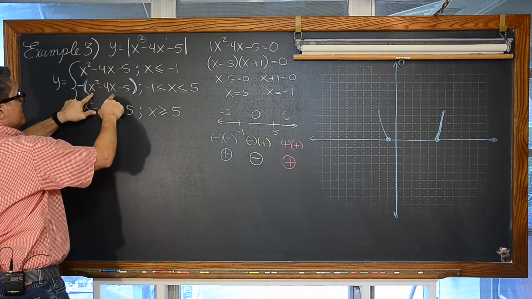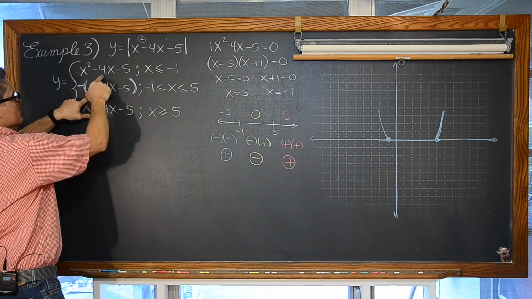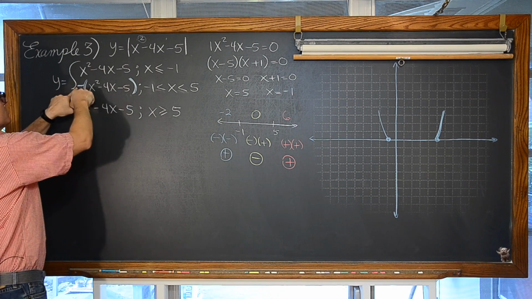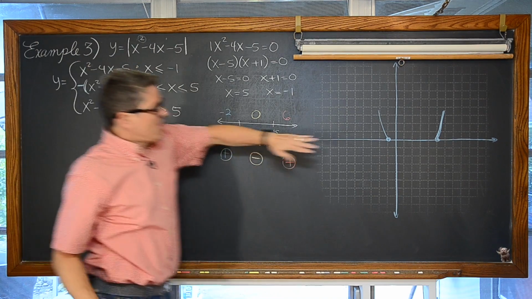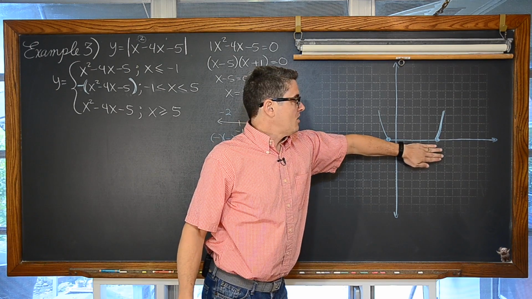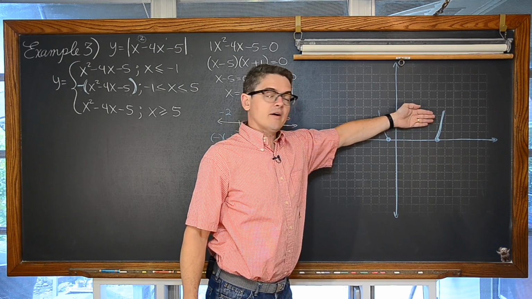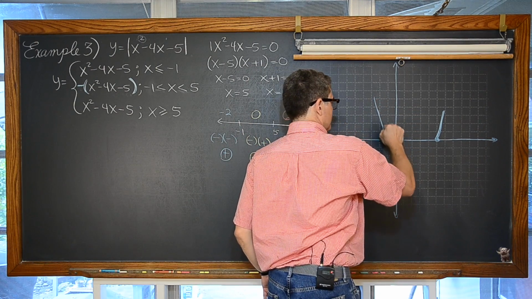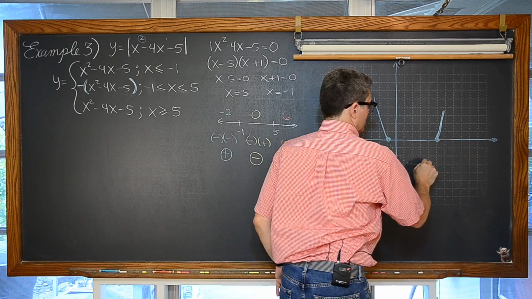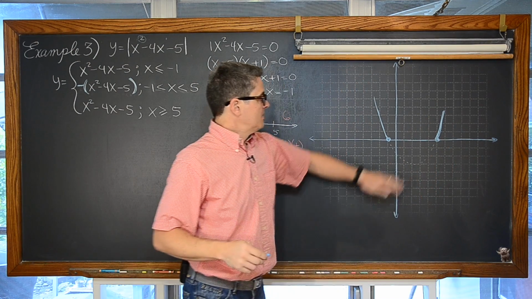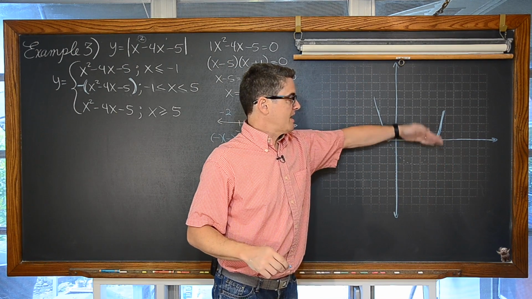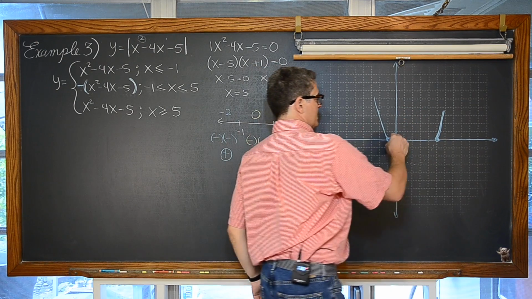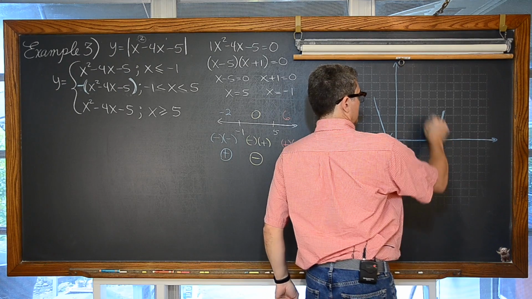Well, think about it. You plug in an x, you multiply it by 4, you square it, you do a little bit of addition, subtraction, you get an answer for y, but then nope, you change the sign. So instead of all of these negative y values, all the absolute value sign is going to do is make all those y values positive. So instead of the graph coming through here and then just falling below the x-axis between -1 and +5, the absolute value sign is going to turn all those y's that are negative into positive. So the graph is going to kind of just bounce off the x-axis.